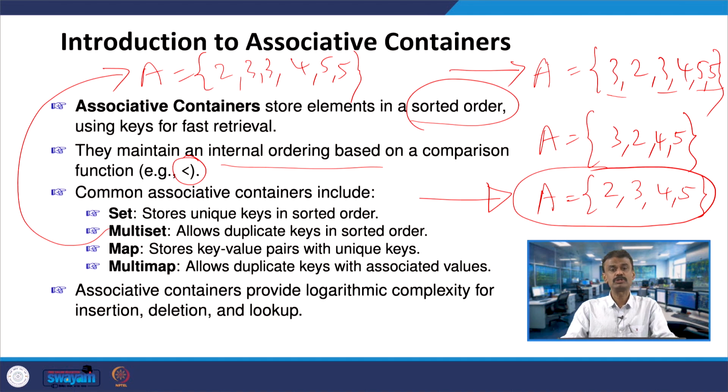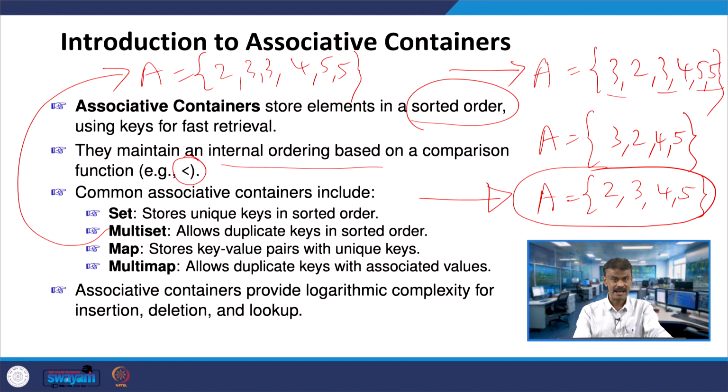Map stores key value pairs. So, you can have a pair, let us say 2, 3 or Bala, 50. One is the string, another is the age, right. It will keep the pair and you can have the unique keys. When you are representing, you will have the unique keys. Unique in the sense that, for example, when you are joining an institute or college or university, you are given an enrollment number which is unique, right.